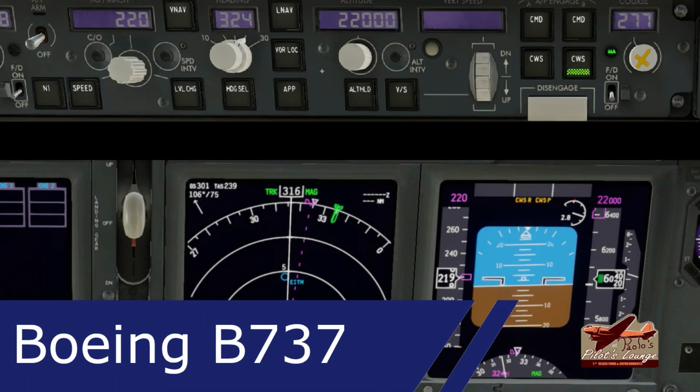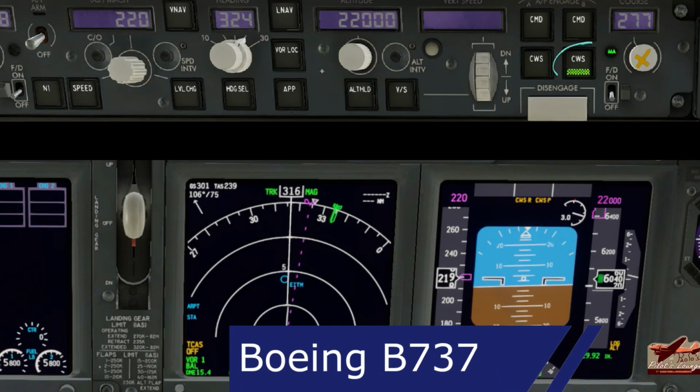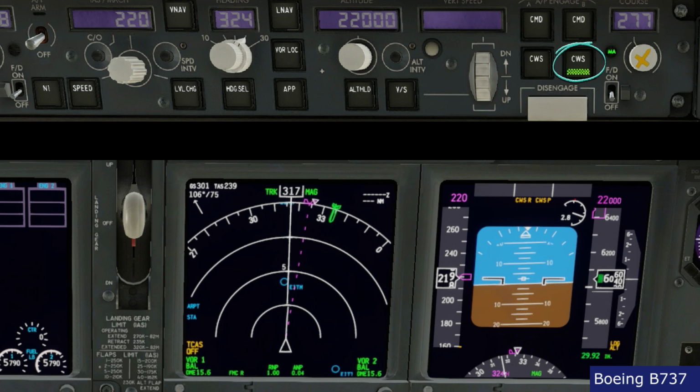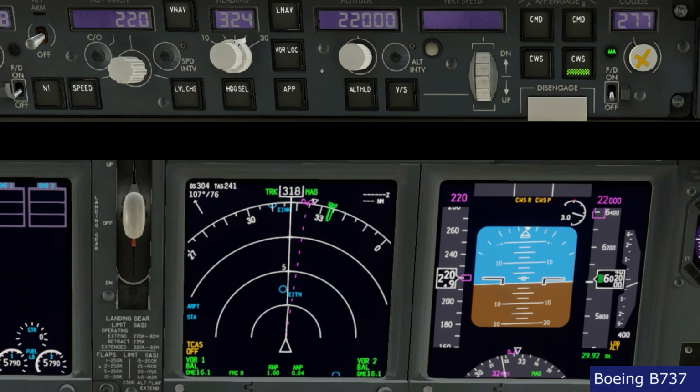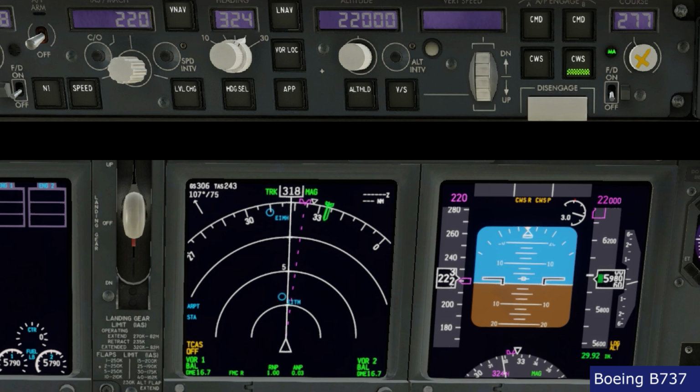So here I have engaged on the 737 the control with steering. Control with steering is a function of the autopilot. Although when control with steering is engaged, the aircraft will behave as if I am in manual flight, which means I can use the flight director, or I might decide not to use the flight director. In this case, the flight director is off, of course,